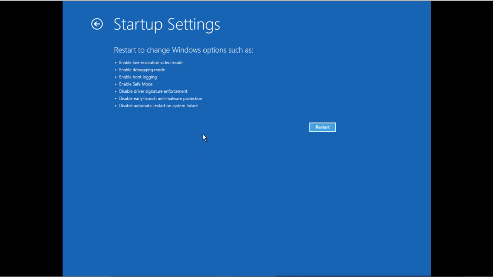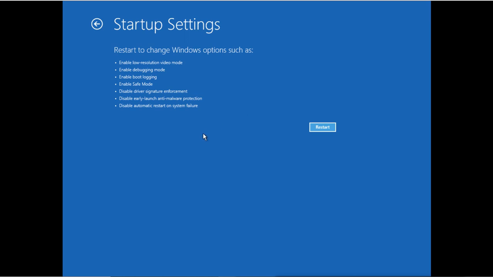And these are the safe modes. Like for example, if you go to this resolution video mode, it will do what? It will restart your system with the basic resolution video graphics. If the problem is with the video driver or graphics cards, then you can go to this mode to fix the problem. Sometimes your Windows does not start, or even if it starts, it does not display, so you can go to this mode to fix the problem. You reinstall or uninstall the driver, change the settings, and you can recover your system.